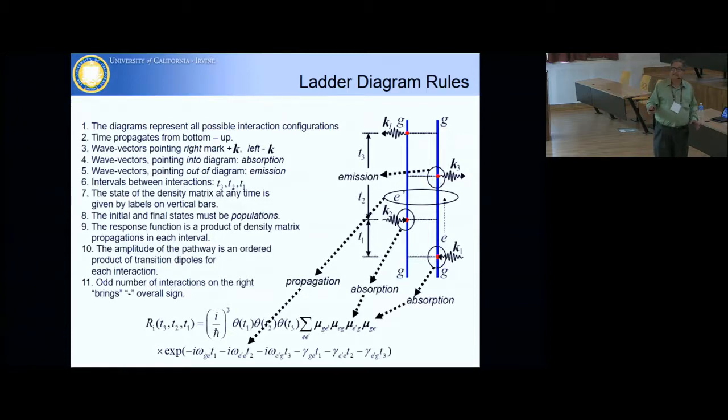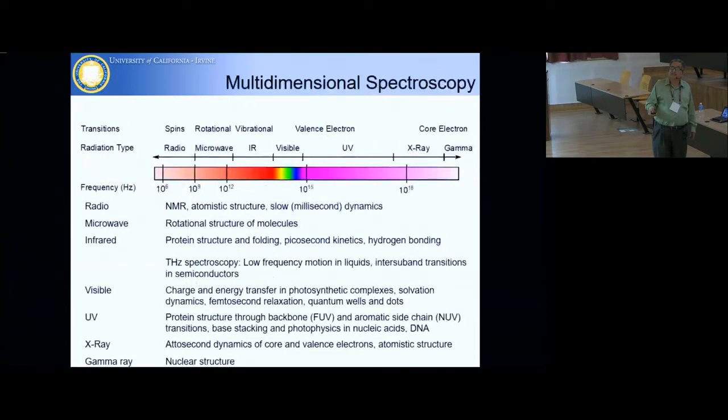So that's basically what we do in multidimensional spectroscopy, and this has been started in NMR, in the radio waves, and it's going up the frequency regime because you need a control over the phase, and the control over the phase becomes harder and harder as you go to higher frequencies. So right now, there are applications to the UV. I have been doing a lot of work on pushing it to the X-ray because there are some new X-ray pulses, and in principle, you can push it to the gamma ray